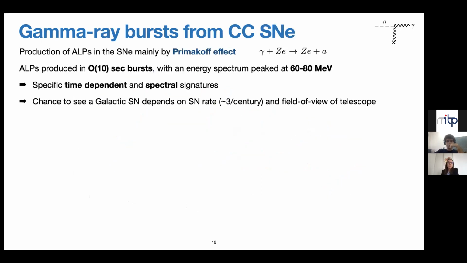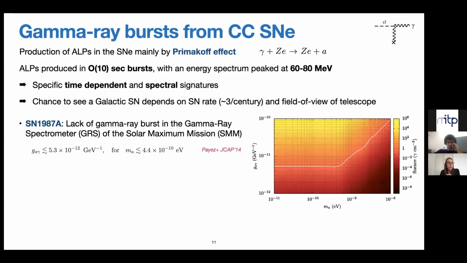So from core-collapse supernovae, if we just consider a single event, then these emissions would basically show up as a short burst with an energy spectrum, as I showed, peaked at 100 MeV, more or less, with a specific time-dependent spectral signature. And this is what we would like to target with the search. Nonetheless, you have to consider that the probability that you see a supernova explosion within the field of view of